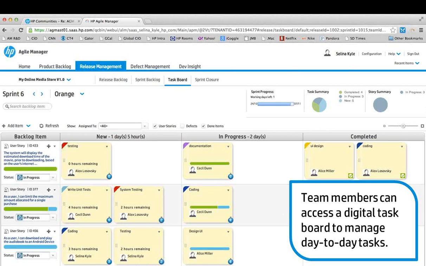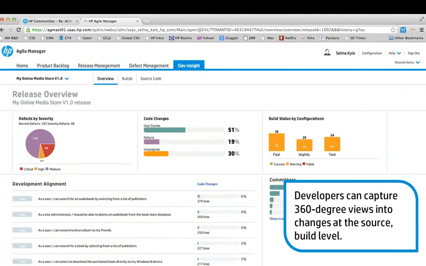Just to give you a feel of application lifecycle intelligence, which we call the Dev Insight, you can see on the top of the screen is where the information comes in from the various build management and the source code management systems that are used in the projects. And the developers, as they continue to execute their tasks for development in their IDEs, they are automatically able to connect with Agile Manager to take the tasks that are assigned to them.